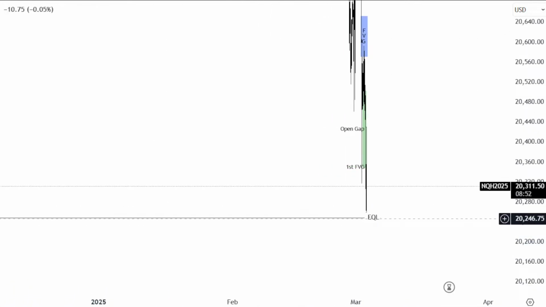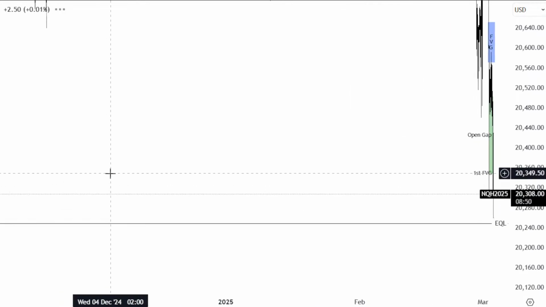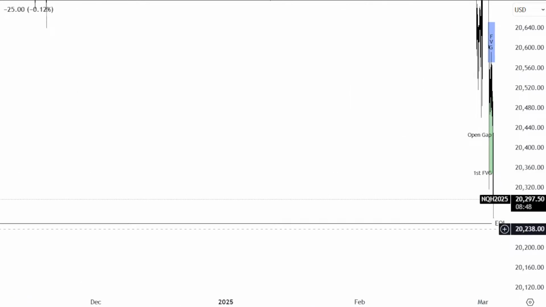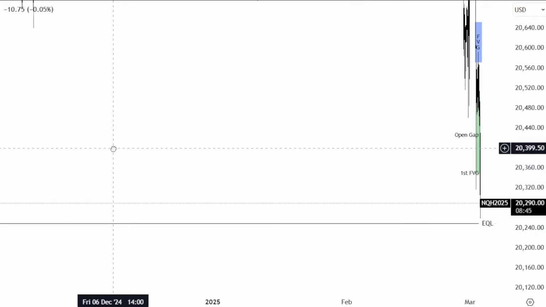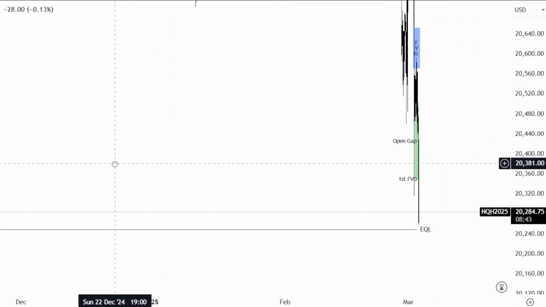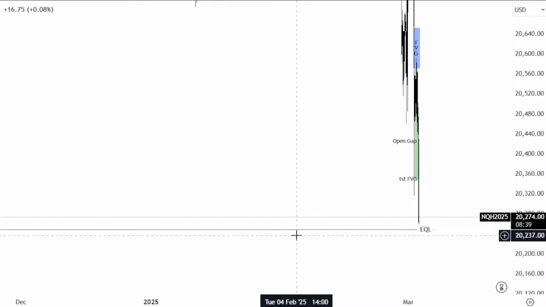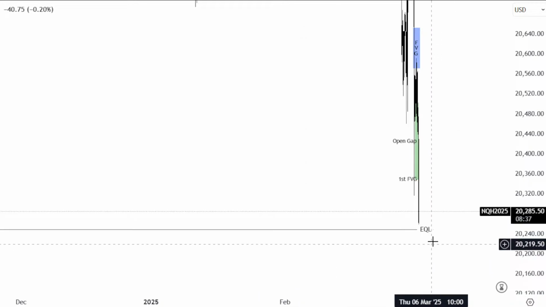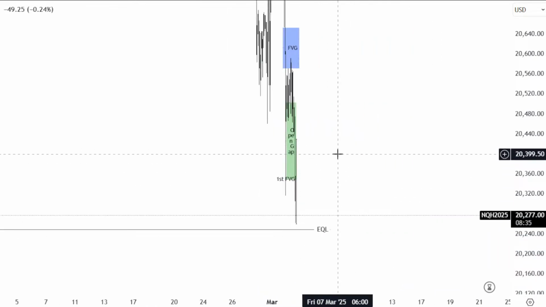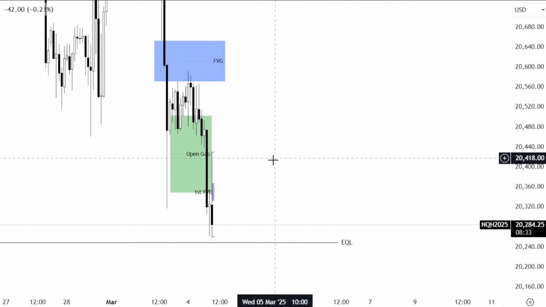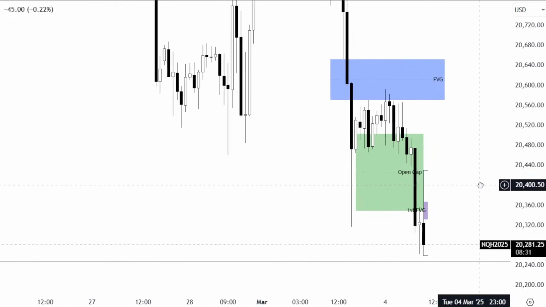Alright, so I've got these lows. That's why I like these equal lows here. I don't have enough data to go further than that because of the contract expiry. 239. Yeah, we could spike through that equal lows into the 239. I like to take my money and run right before that.